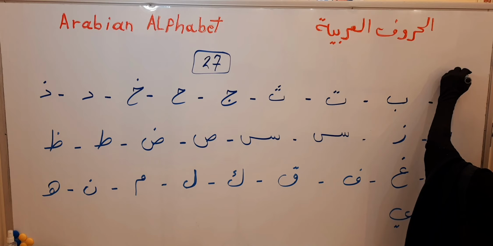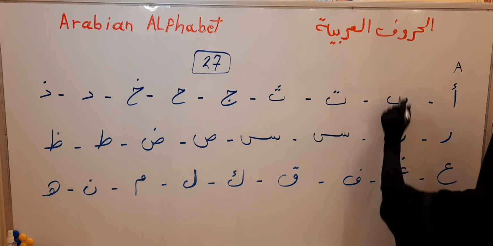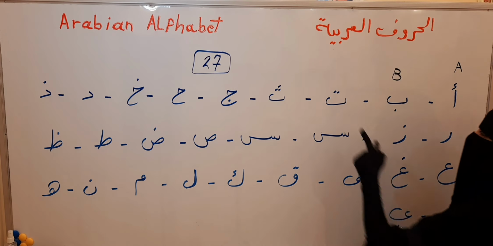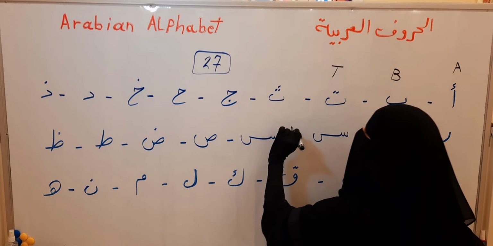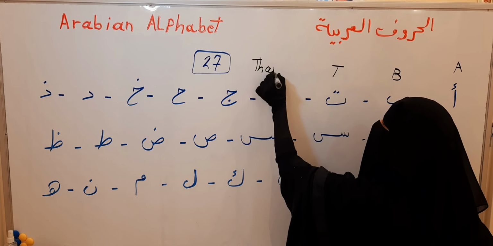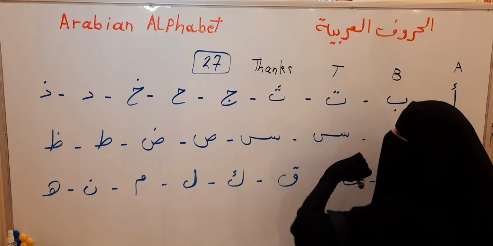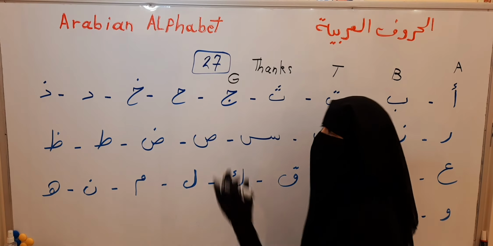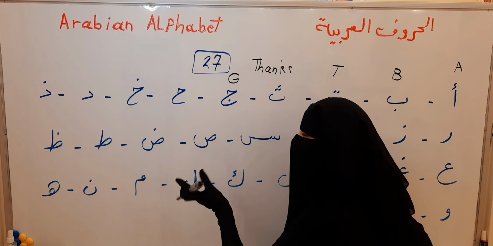Alif, as we say A. Ba, B in English. Ta, T. Tha, as we say thanks. Jim, J, as we say George. G, this G. Ha, nothing